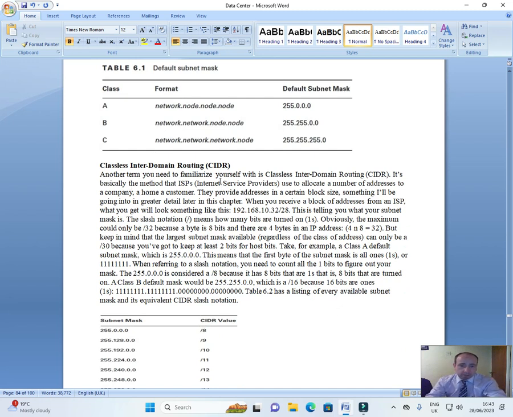Another term you need to familiarize yourself with is classless interdomain routing, CIDR. It's basically the method that ISPs, internet service providers, use to allocate a number of addresses to a company, a home, a customer. They provide addresses in a certain block size, something I'll be going into in greater detail later in this chapter. When you receive a block of addresses from an ISP, what you get will look something like this: